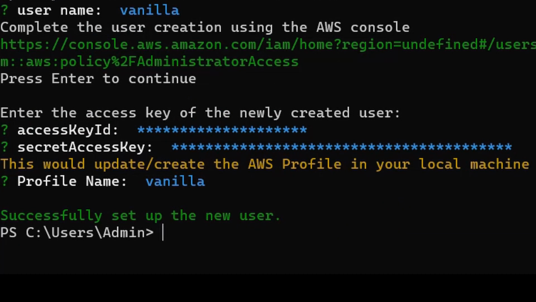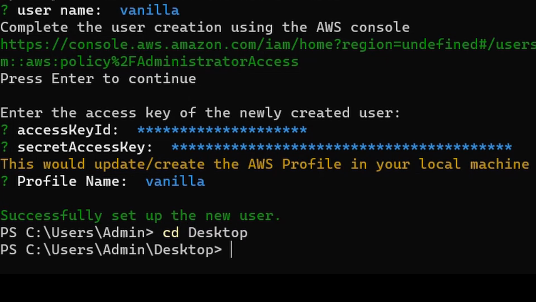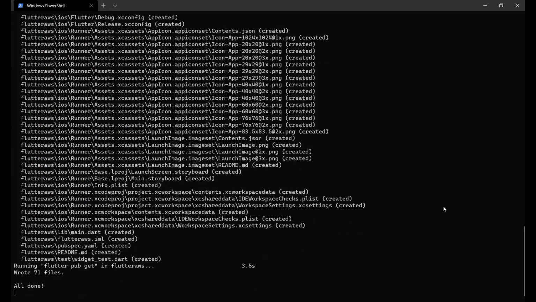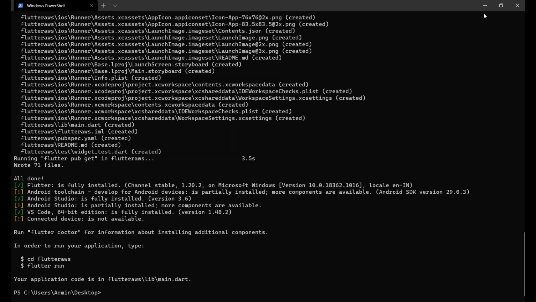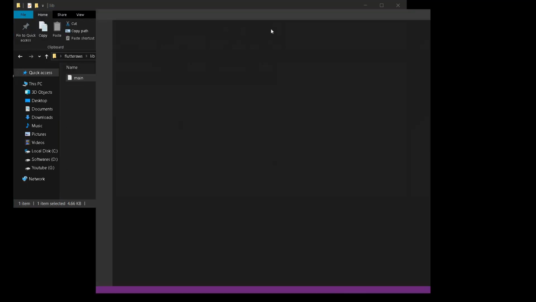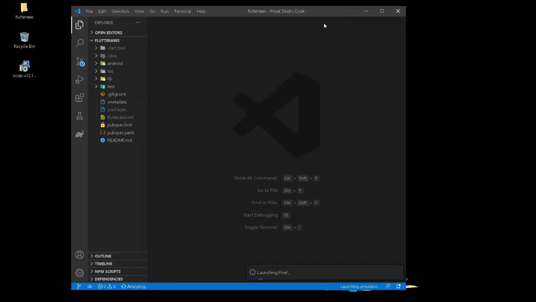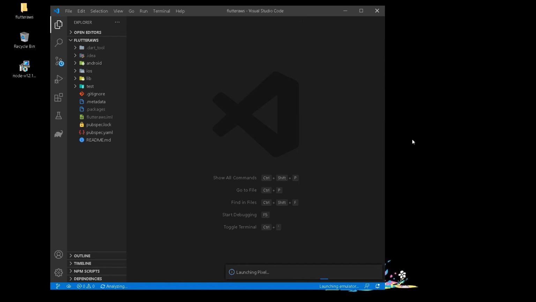So let's create a new Flutter project. Here I can add the following command to create a new Flutter project on my desktop. And once we are done, we can go to our desktop, and once our new project is created, we can move into the project folder. And first thing first, let's launch our emulator so that we can see everything that's happening in the application.